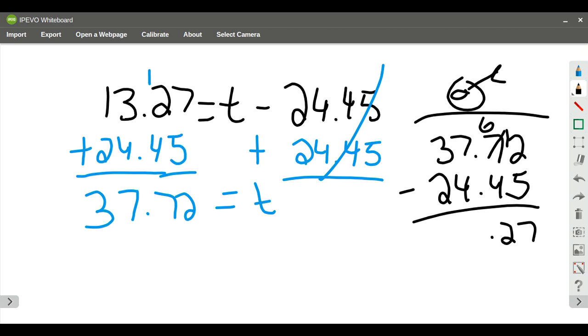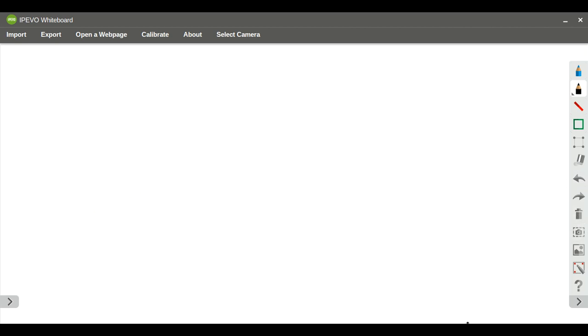7 subtract 4 is going to be 3. 3 subtract 2 is going to be 1. 13 and 27 hundredths is equal to 13 and 27 hundredths. My problem is balanced. What we're going to look at is we are going to do 17.3 added to V